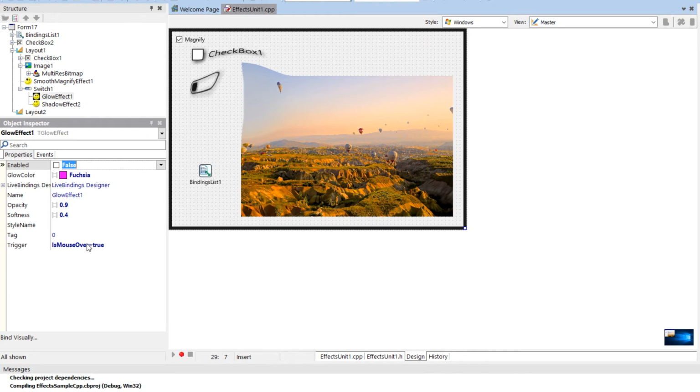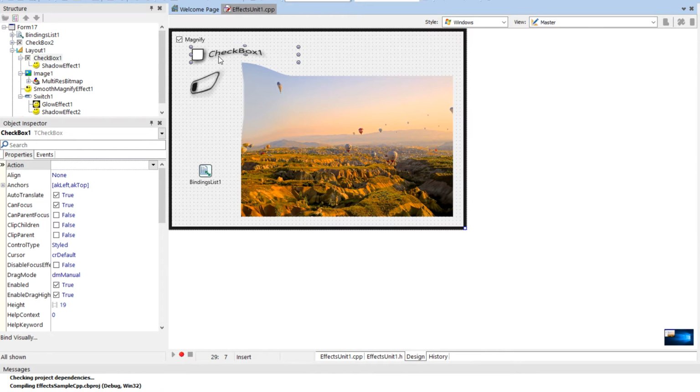One note about mouse over is, while this works on mobile, there is typically not a concept of a mouse. There are exceptions to that. For example, on Android, you can attach a mouse. But you probably wouldn't use mouse over if you wanted to do it on mobile. The checkbox, again, all it has is the shadow effect on it. Now for the